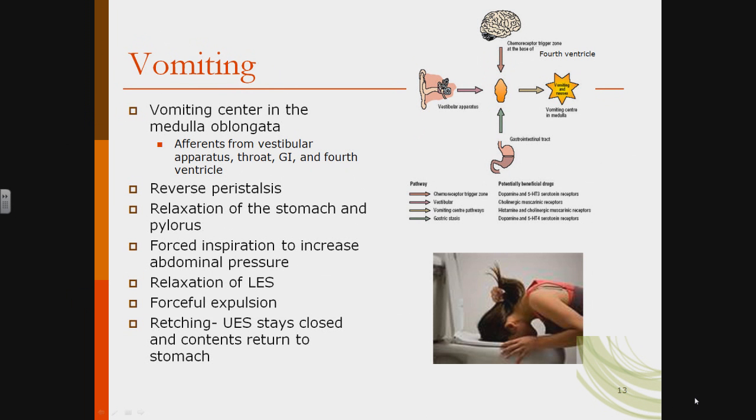So the next time you're watching your patient vomit, it's not in their best interest to have a nurse that's also vomiting with them. As you're holding back their hair and holding their little tray so that they can vomit into it, I want you to go through all of the steps, all the afferent signaling to the medulla oblongata, and go through all the steps in order for vomiting to occur. Maybe that will help you from vomiting along with your patient.